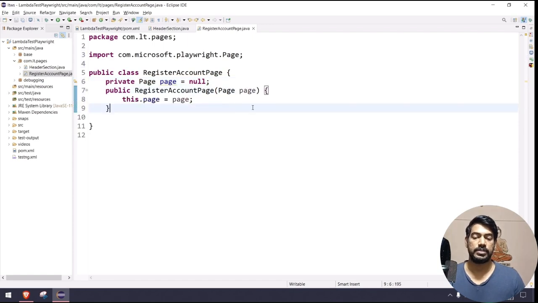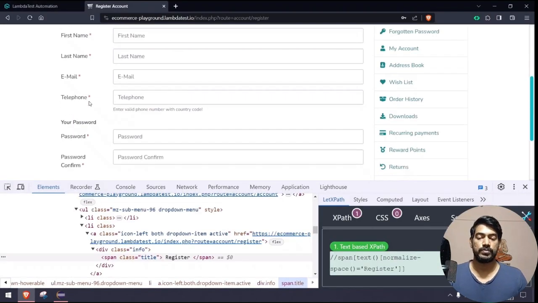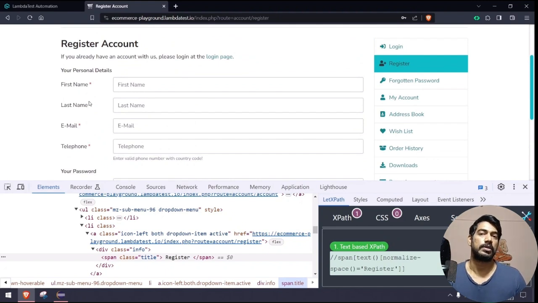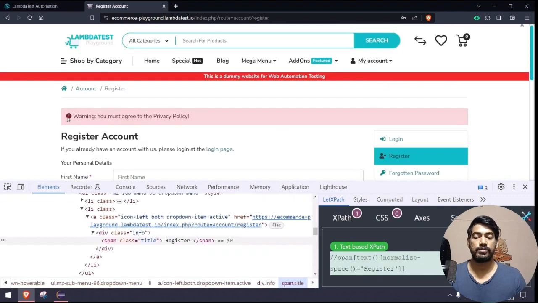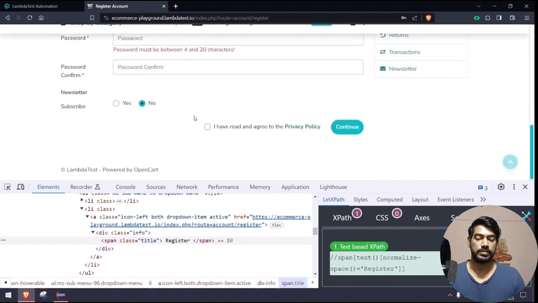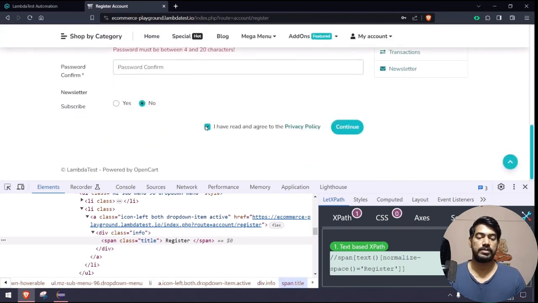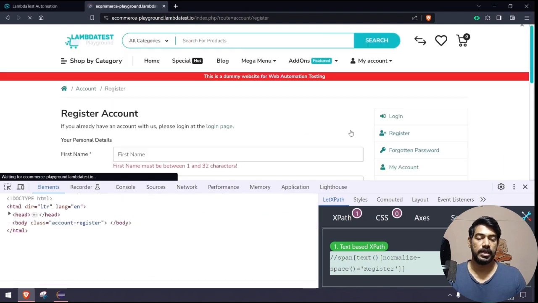Okay, so that's it, we are done. Now within the register page, first of all we'll check for the negative scenario. For example, if I click on this continue button, you can see we are getting this message: you must agree to the privacy policy. So once I click on this, I have read the privacy policy, and if I click on continue now